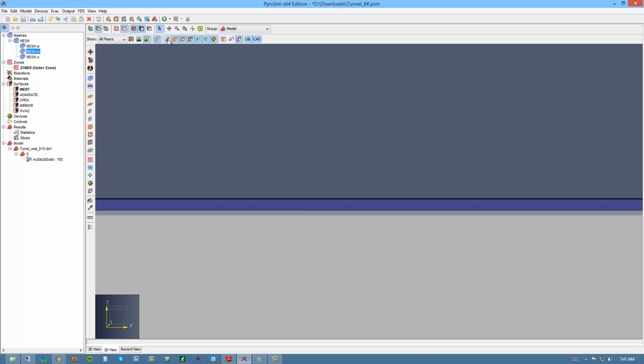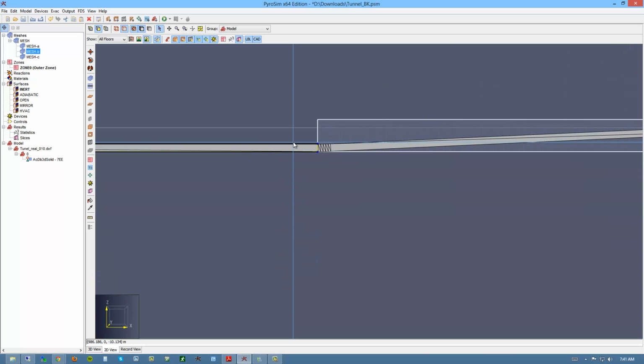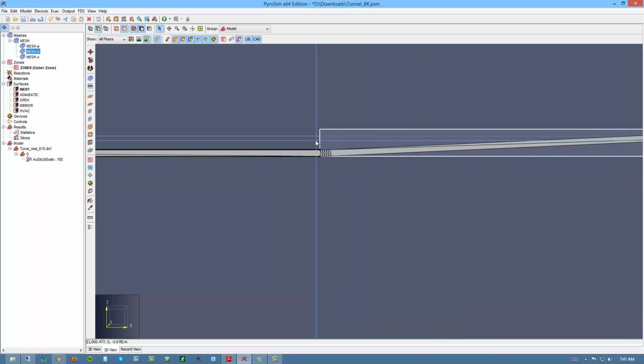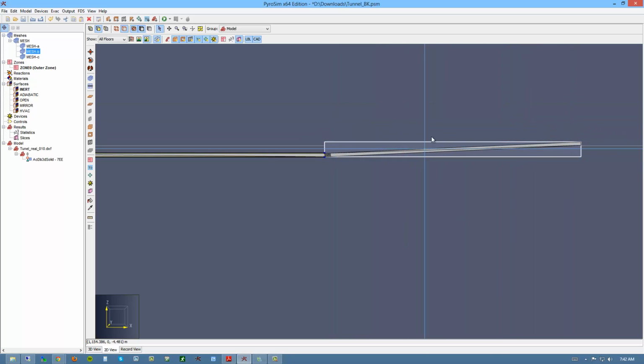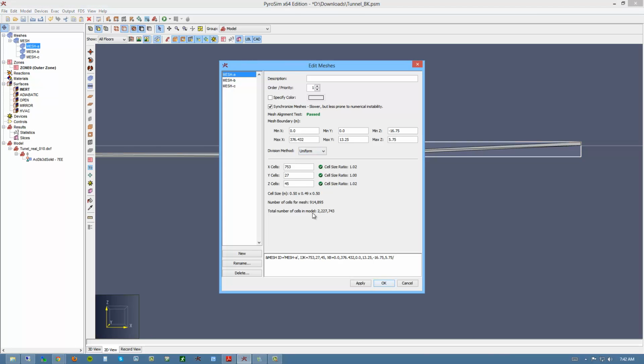So that's what we want there at the top of the tunnel. And now you could go through and continue to refine this and split, split here, and then pull this box down, and you can try to align this as well. Now, but what we've done here now is if we go into the meshes and we look, the total number